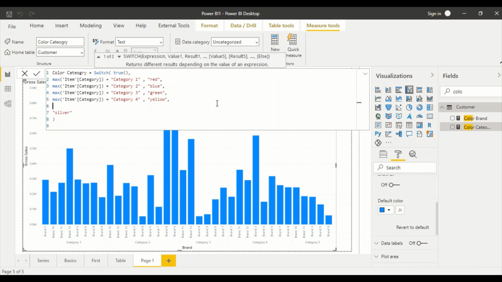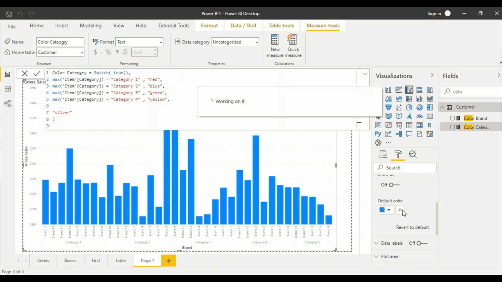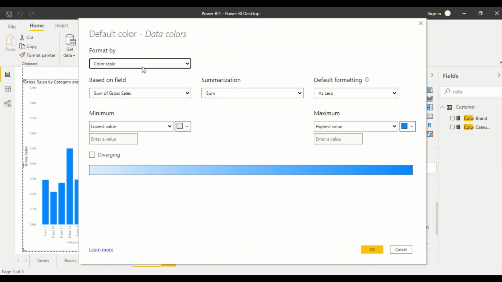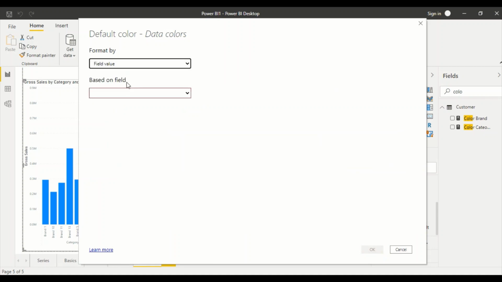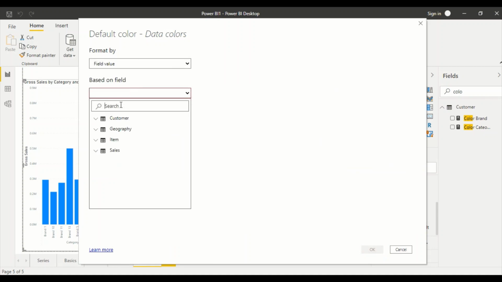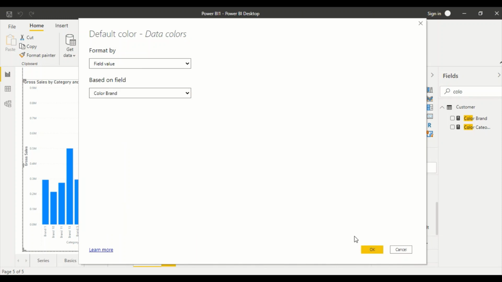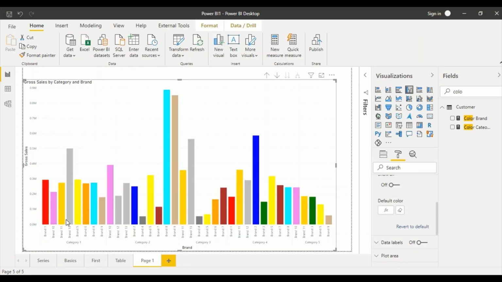Okay, so color category, color brand. Okay, let's start with brand. Function, here you have field value option. In the conditional formatting, data color is where, in the bar visual, the conditional formatting is inside the data color. Okay, color, brand color, done. You are done.